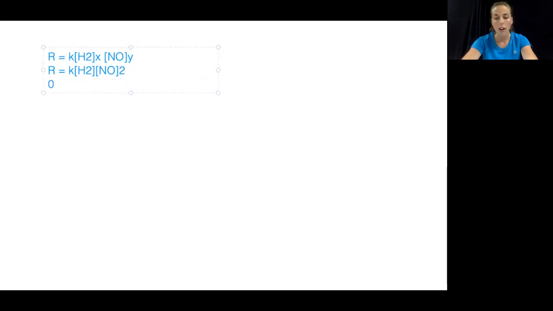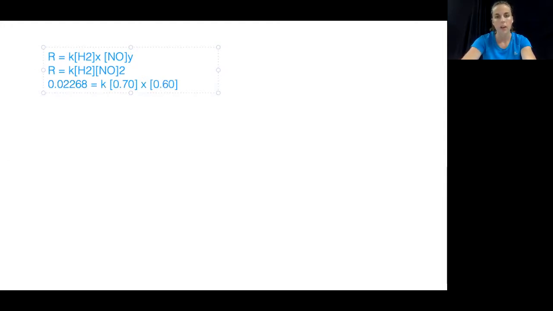So we're going to plug R in, which is 0.02268, equals K times the concentration of H2, which is 0.7 in this trial, times the concentration of NO, which is 0.6,